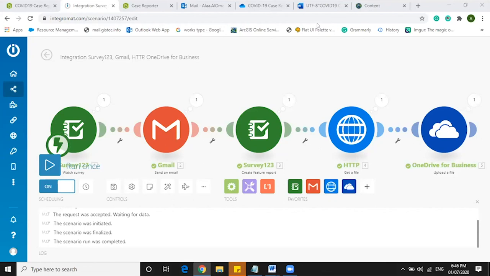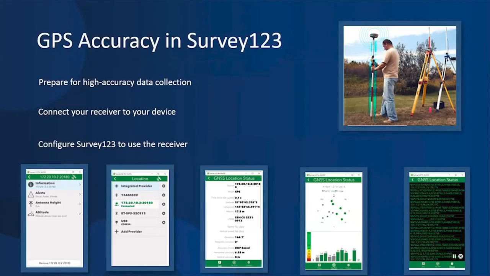So once you are in the field and doing different types of surveys, post-survey workflows can be made very easily in Survey123. I will quickly move towards the last topic of this webinar, which is about the location accuracy of the GPS